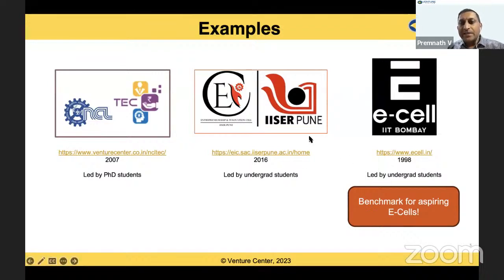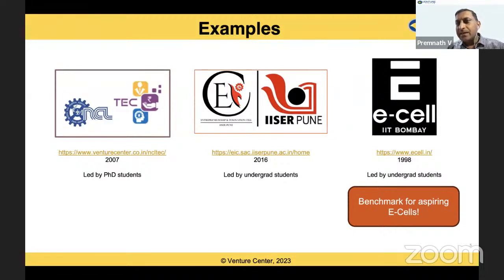On the other hand, IISER Pune has an association, a group called the Entrepreneurship and Innovation Cell, EIC, and it's led by undergraduate students. It was founded in around 2016. Here, the undergraduate students bring in a very different orientation, focus, priorities compared to perhaps some other